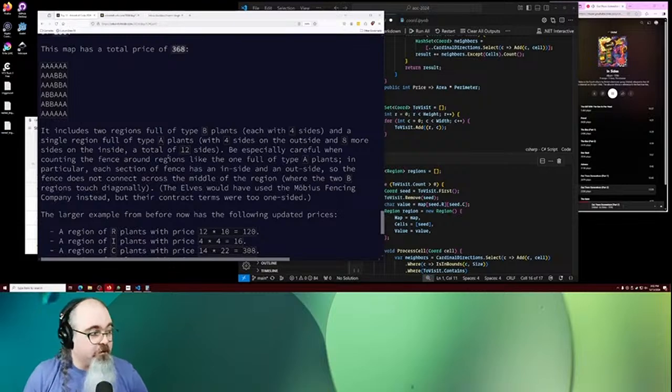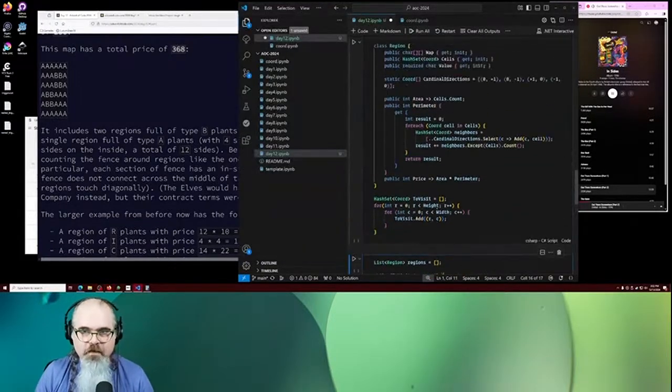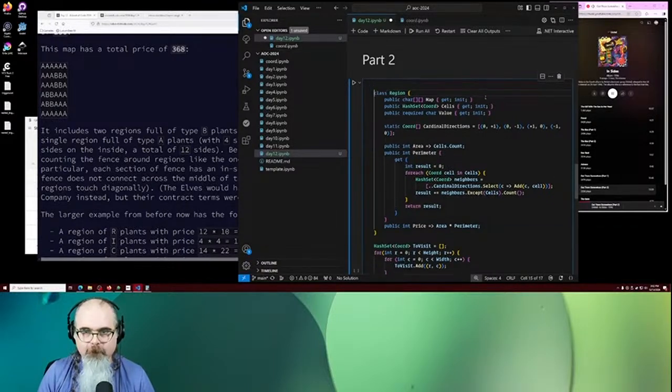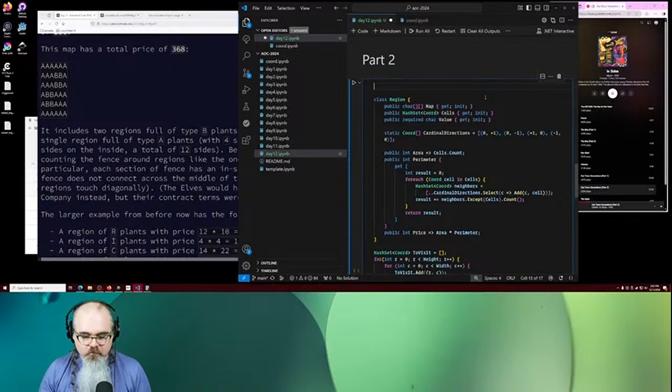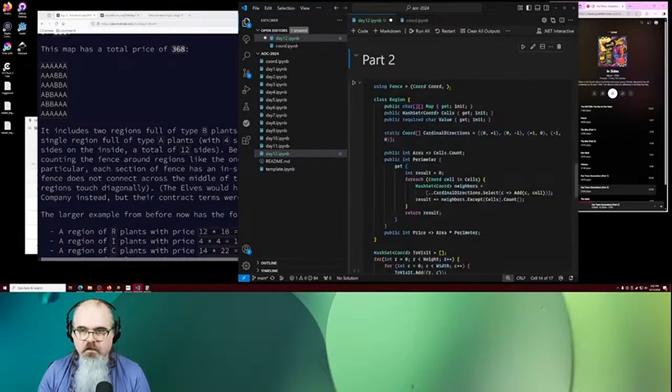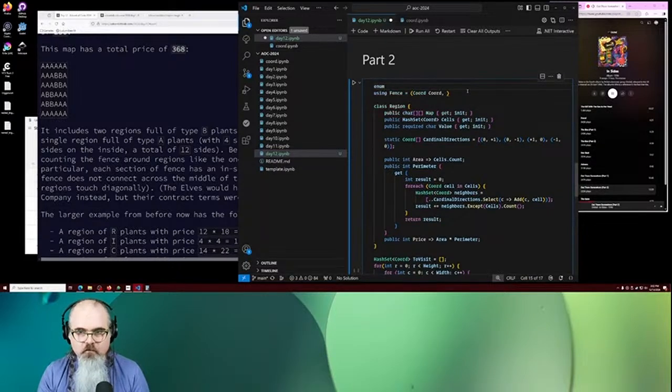Okay, I see a brute force way to do this. There might be a better way, but I see a way to do this with a fairly straightforward representation. So what we're going to do here is create a new tuple using fence equals coord. Actually, what we're going to say here first is enum direction equals,